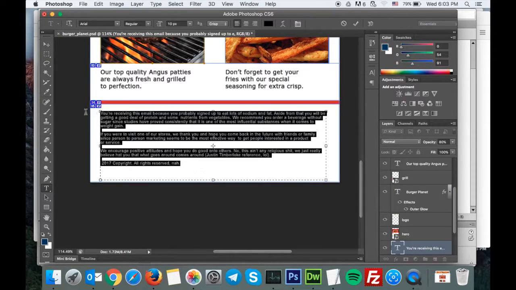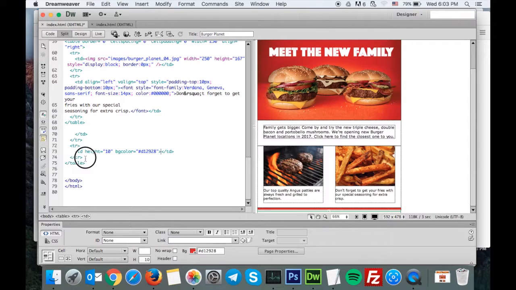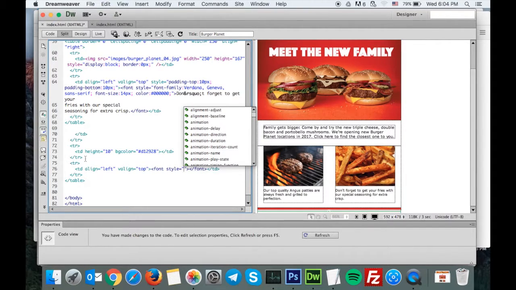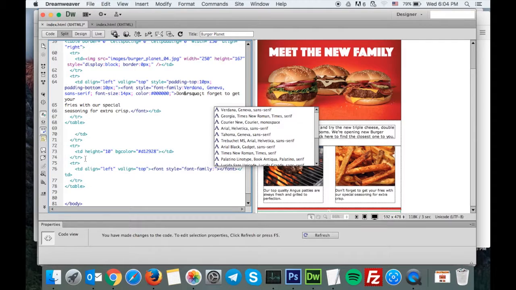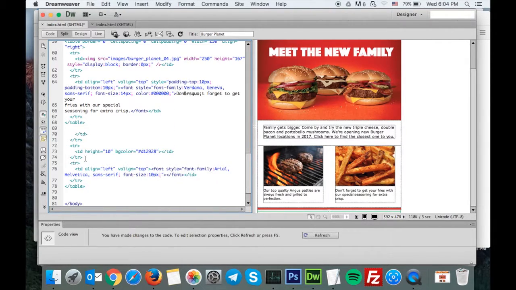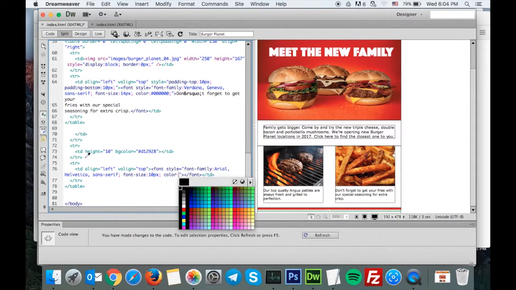Let me go ahead and copy it and create the next table row right there. Same as before, we're gonna align it to the left, vertical align it top, and then inside it the font tags. We're gonna create the style. This time around, the font that I want to use for the disclaimer is Arial, and the font size is gonna be 10 pixels. Color,